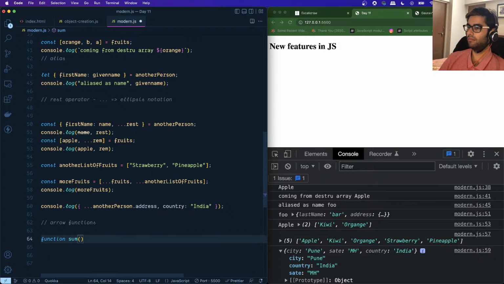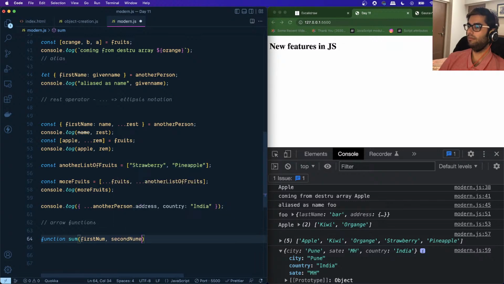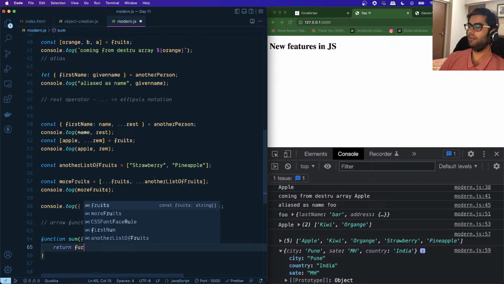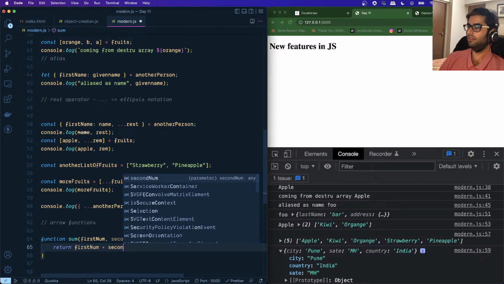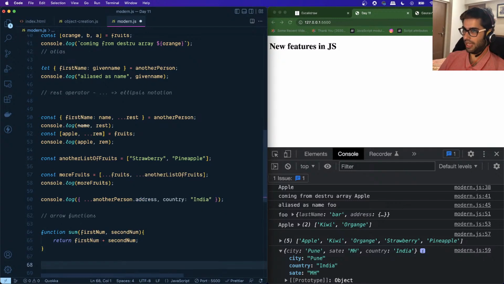Sum, first number comma second number, like this, and then I have to write a return statement, first num plus second num. If I were to rewrite this using the arrow functions, what I can just do is I can say something like,